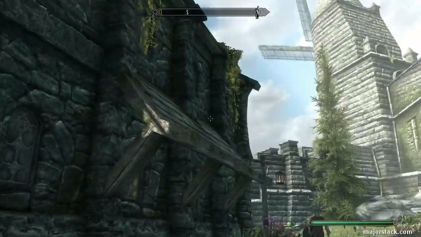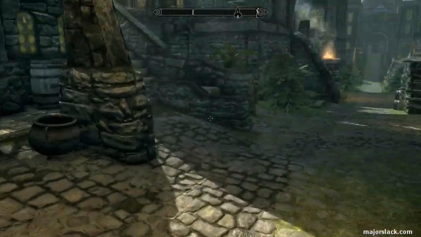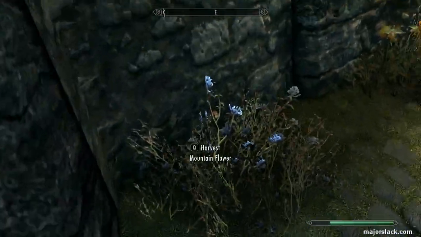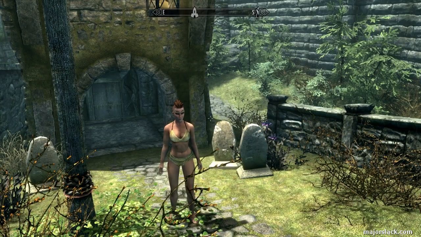Alright? So once again, all hanging moss, blue mountain. You see something there, right? And blue mountain flower and lavender. There's some more there. Okay, it's all around, and I'll see you on the flip side. All right, here I am